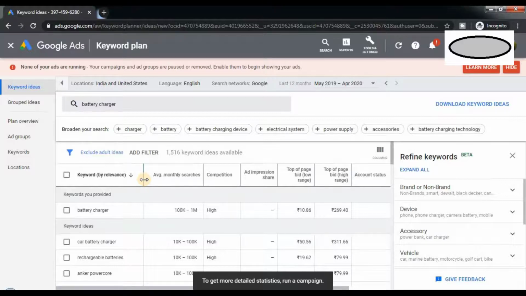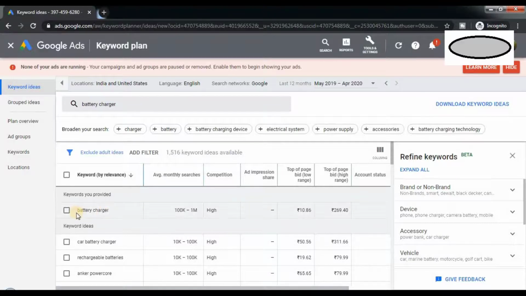The competition is high in this, and the rest is the cost or the bid for you to get onto the first page. But if you are trying to promote your channel, or get more footfalls on your videos, then you can use these keywords that are provided here, copy them and paste them into your TAGS box on your YouTube Studio.